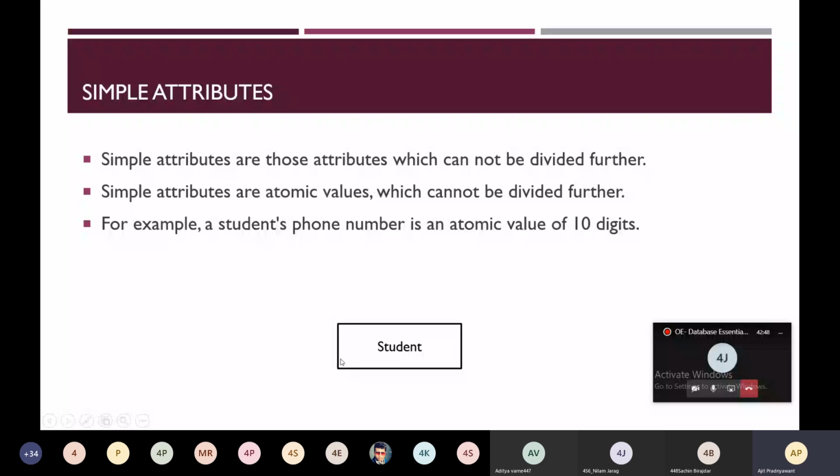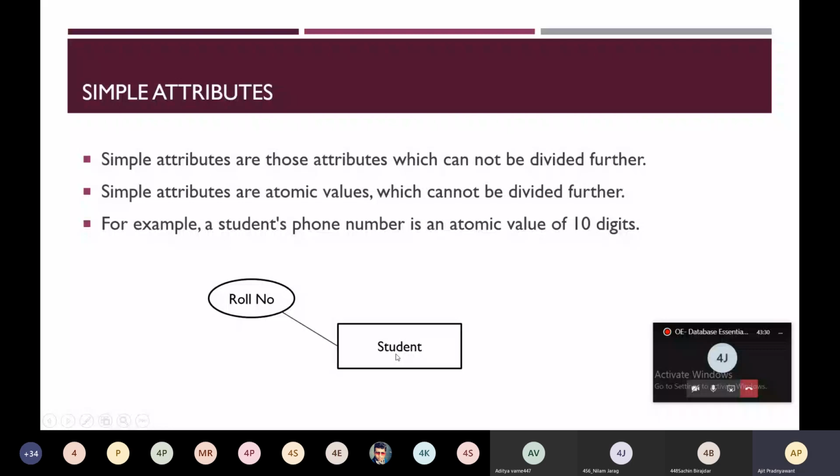Roll number is an attribute attached to the entity student. It is a simple attribute. You cannot further divide it into subparts.